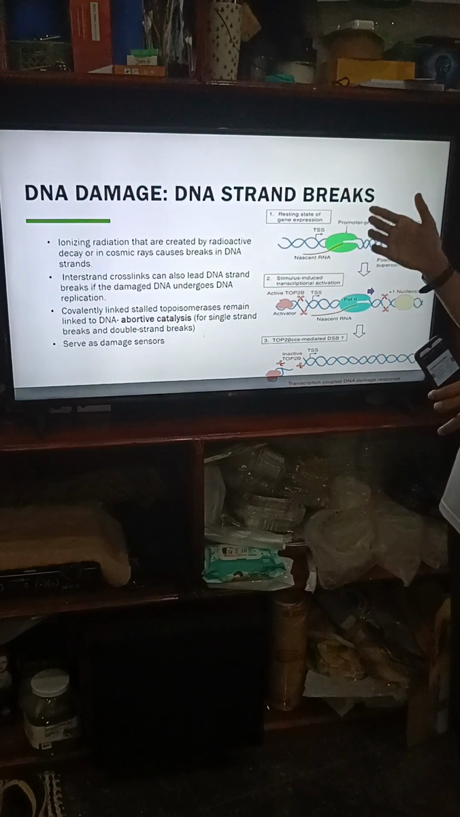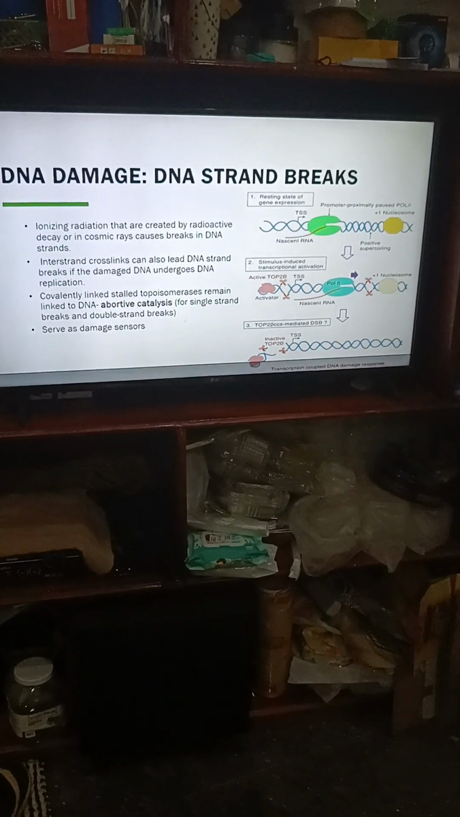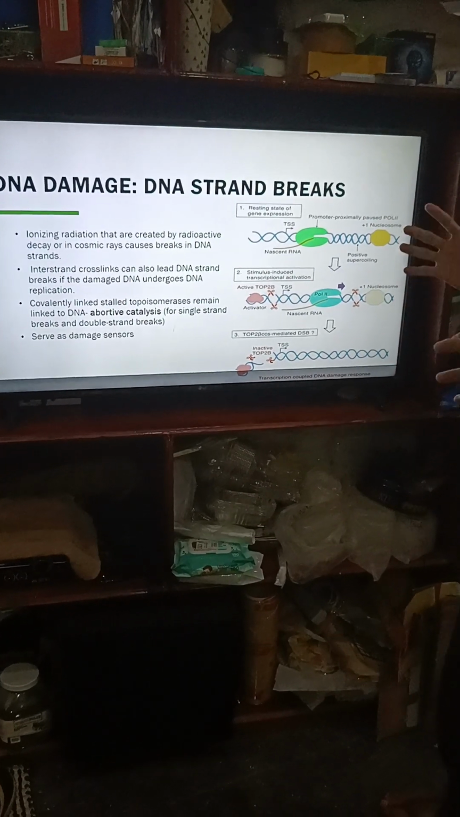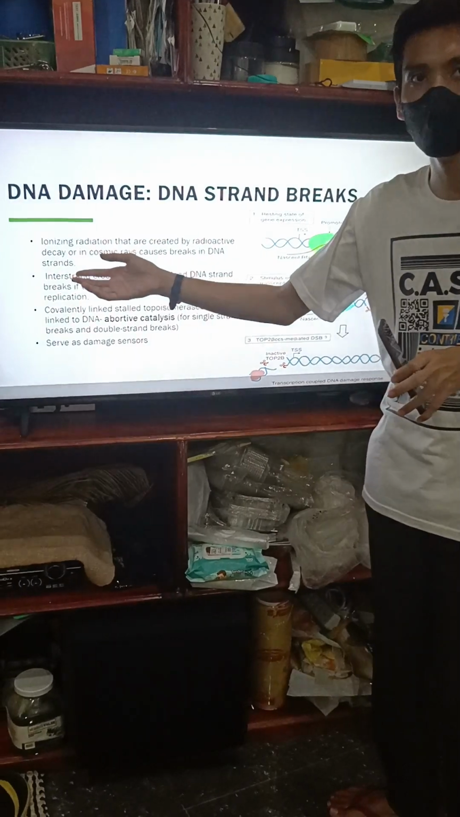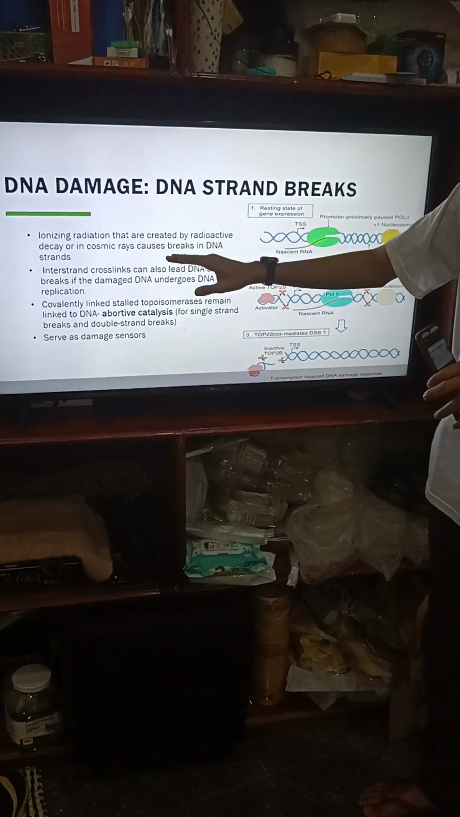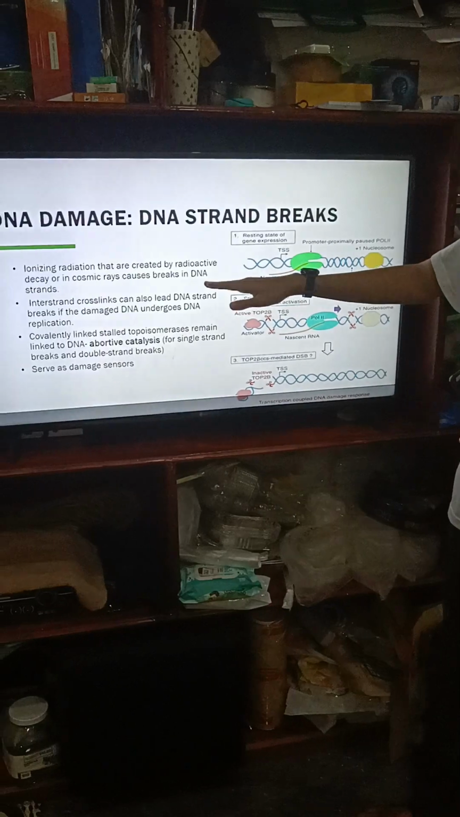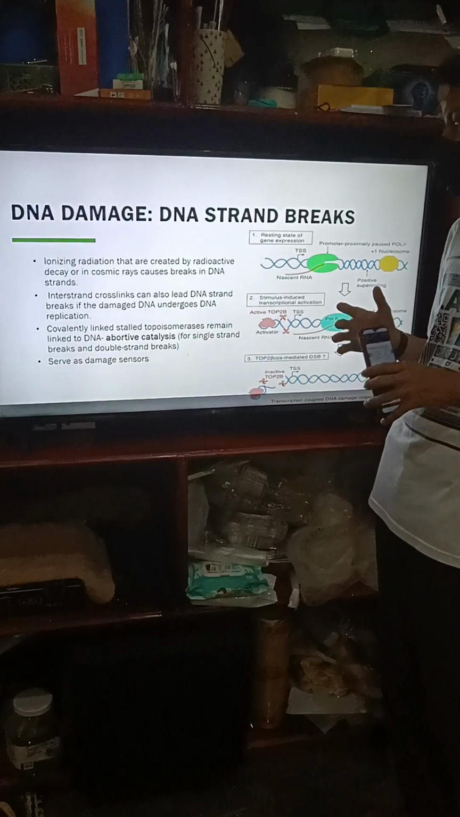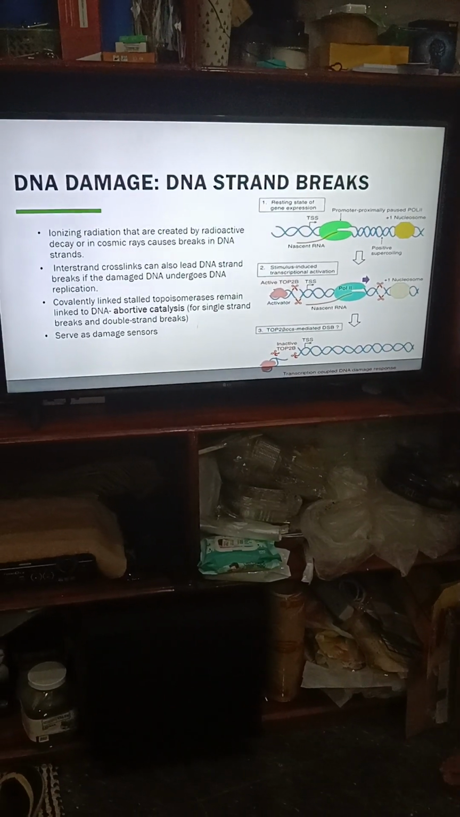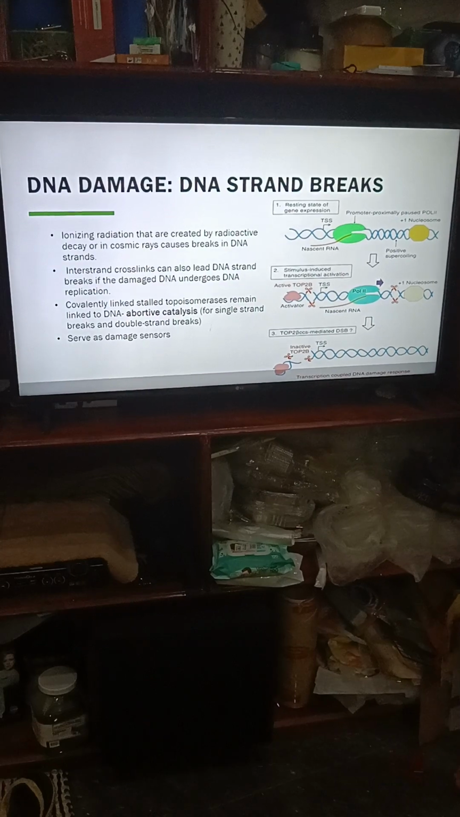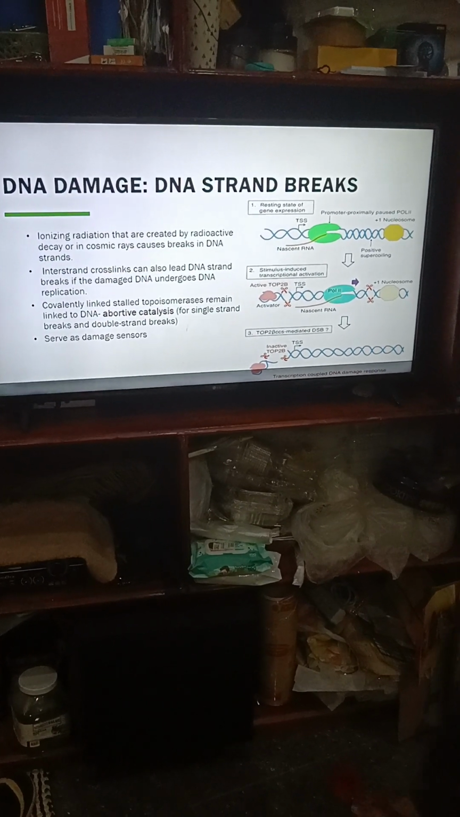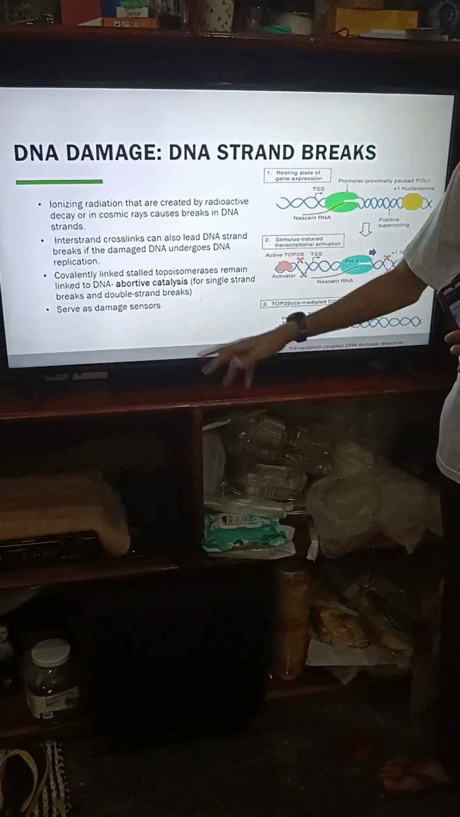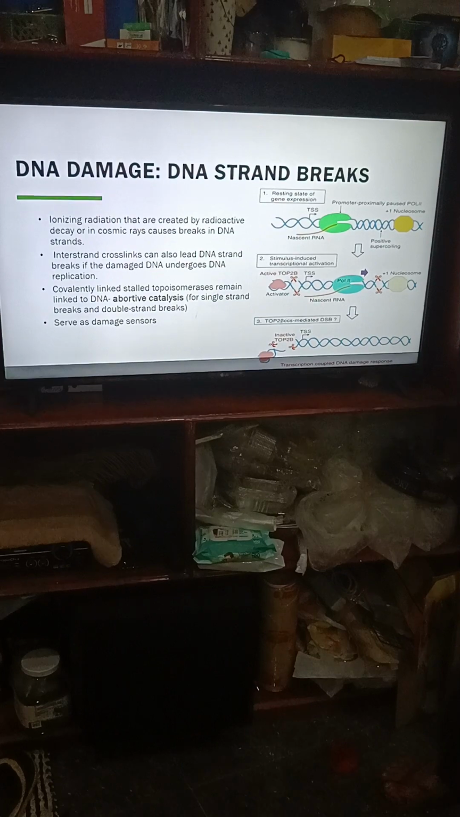Next, the DNA damage mechanism is DNA strand breaks. Ionizing radiation created by radioactive decay and cosmic rays causes breaks in DNA strands. This is called radioactivity or radioactive decay of this kind of radiation. Interstrand crosslinks can also lead to DNA strand breaks if the damaged DNA undergoes DNA replication, and covalently stalled topoisomerases remain linked to DNA, which undergoes abortive catalysis for single strand breaks and double strand breaks, and serve